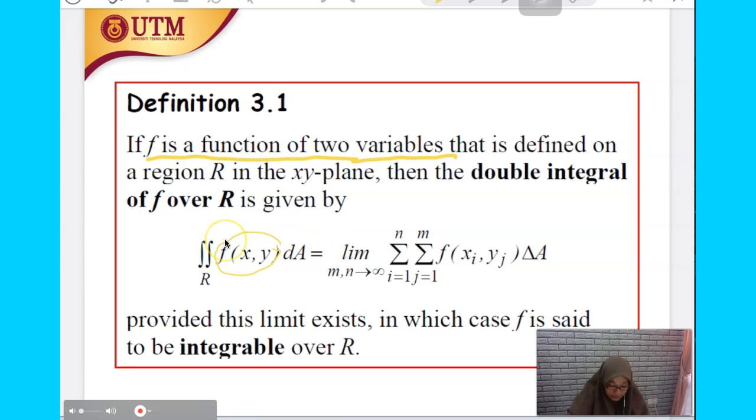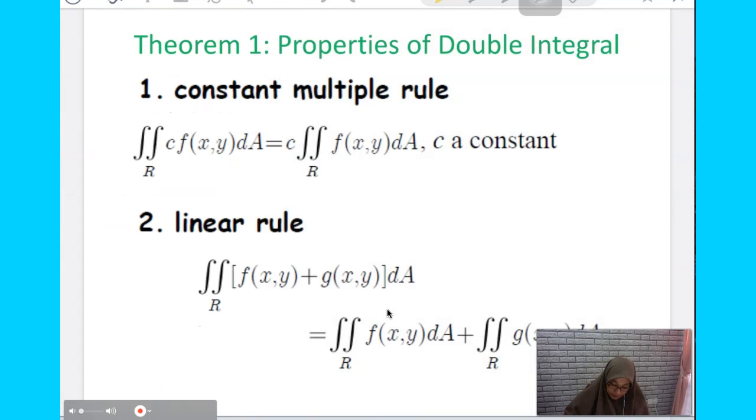So now we're only interested in the left hand side here. So how can you evaluate that? Okay, so before we start to do some calculation, the step to obtain the multiple integral, you should know some properties of double integral. So first we have the constant multiple rule, which means that if your integrand here is multiplied by a constant,